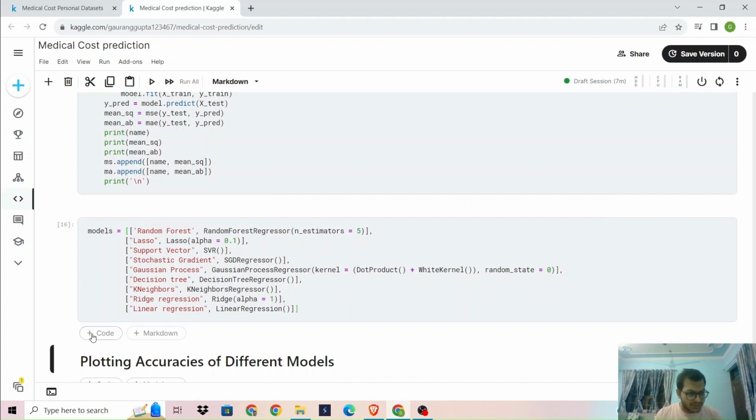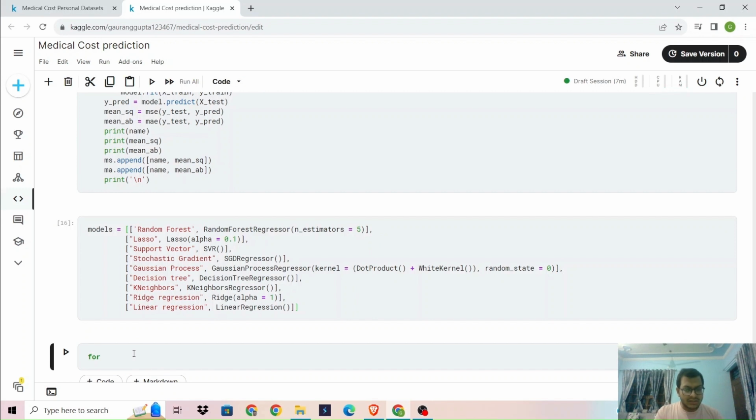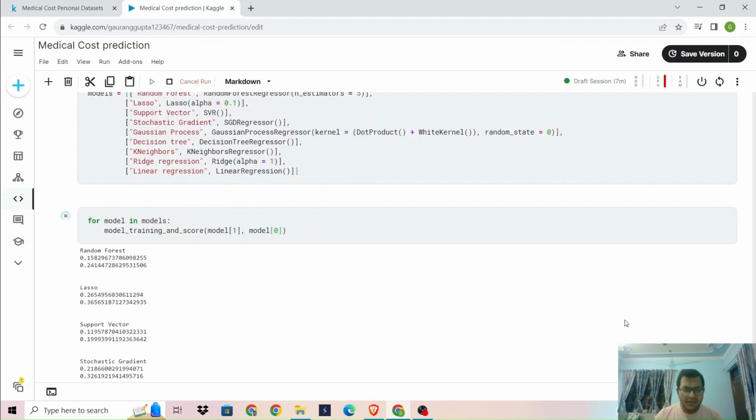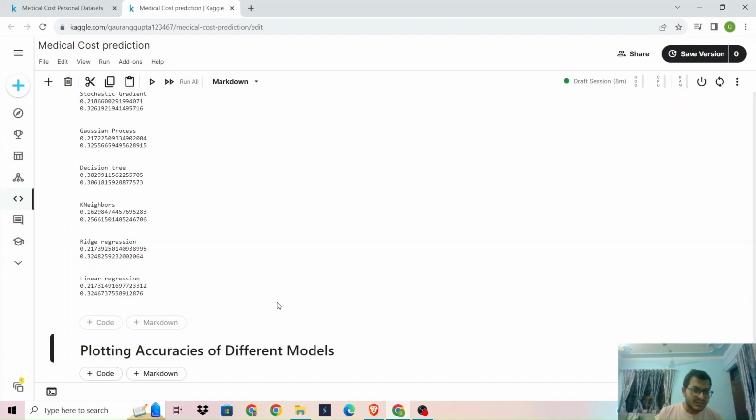So run it, and then we will traverse this list for model in models, model training and score, model 1, model 0. So run it, and here we have accuracies, or you can say errors of every model. So it is running. Give it some time. Now it is complete. So here you can see we have errors of linear regression, regression, k-neighbor, decision tree,